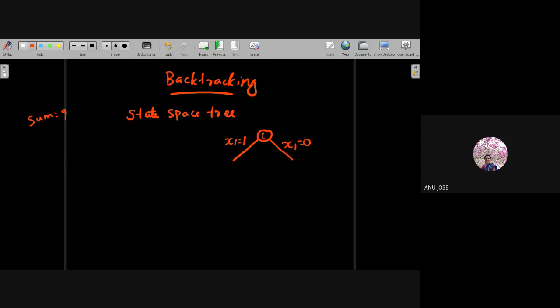When I am including x1, initially the sum was 0. When I include x1, my sum will change based on whatever value I have included. So the x set has the elements 3, 4, 5, 6 and I am checking for the sum value 9.